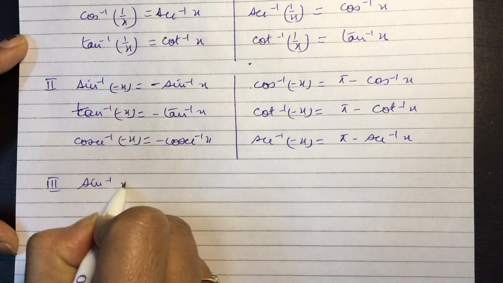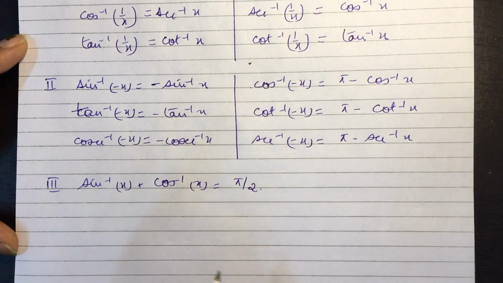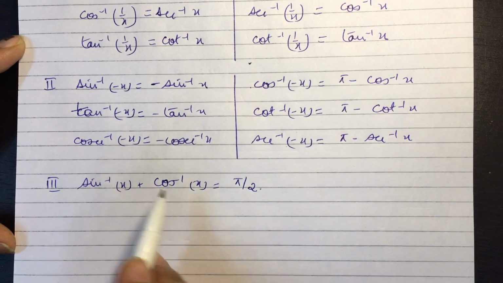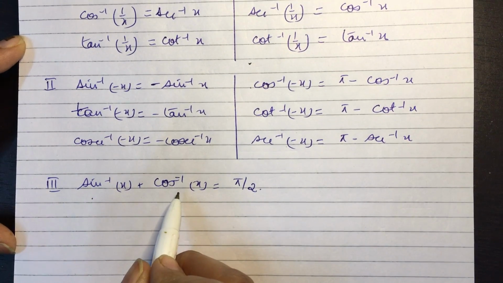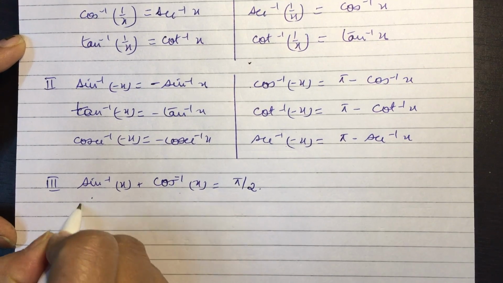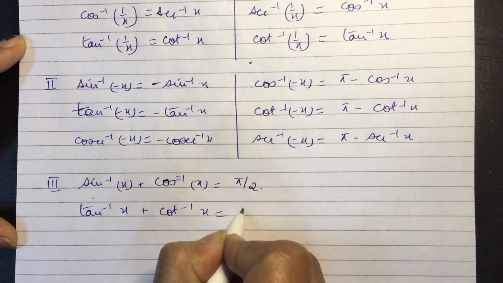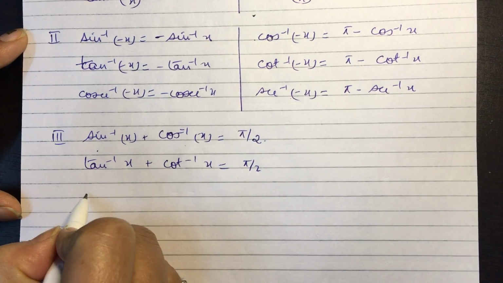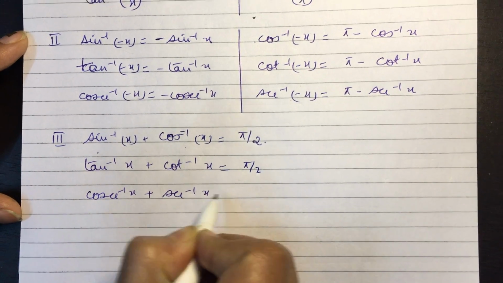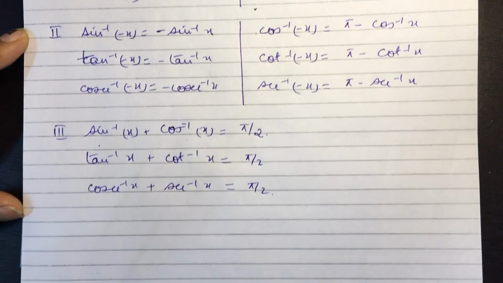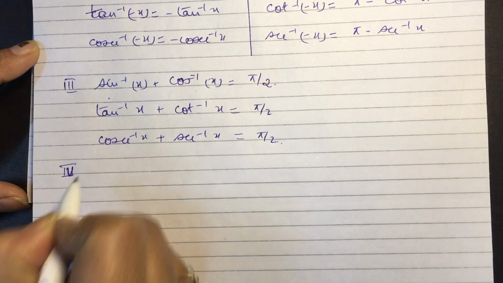The next set of properties is sine inverse x plus cos inverse x is equal to pi by 2. This holds true for any and every angle x in the domain of sine inverse and cos inverse. Similarly, tan inverse x plus cot inverse x is pi by 2. And the third result, cosec inverse x plus sec inverse x is pi by 2. And the last set of properties which we did in the previous video is